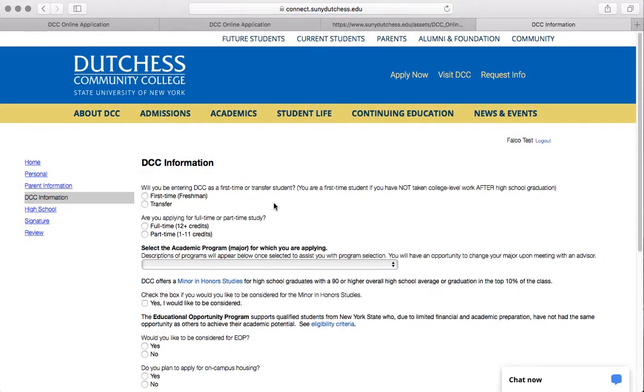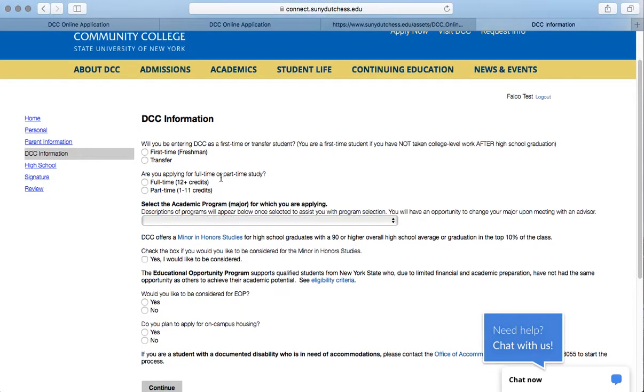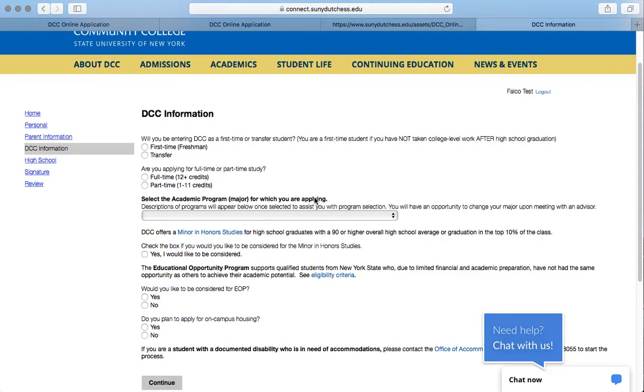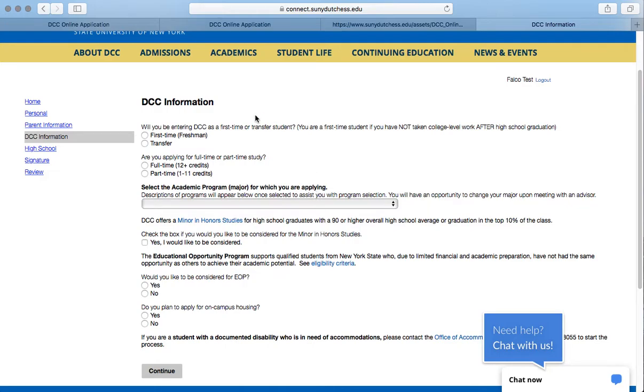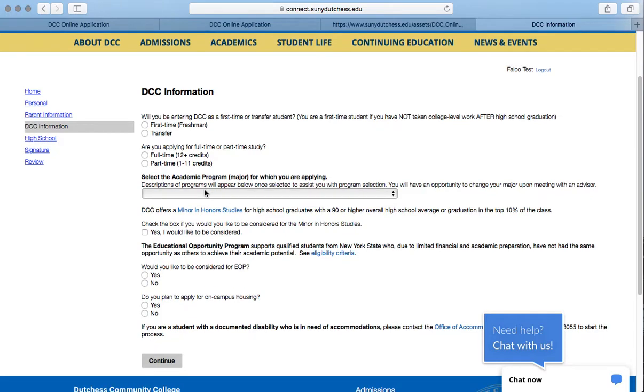Then you're going to fill out DCC information. And what that means is you're going to determine whether you're a first-time student, meaning you've never attended college before, or you're a transfer student and you've taken college classes in the past, not including college classes taken in high school. Full-time and part-time, the big difference is that full-time is 12 credits or more, part-time is 11 credits or less. All right,